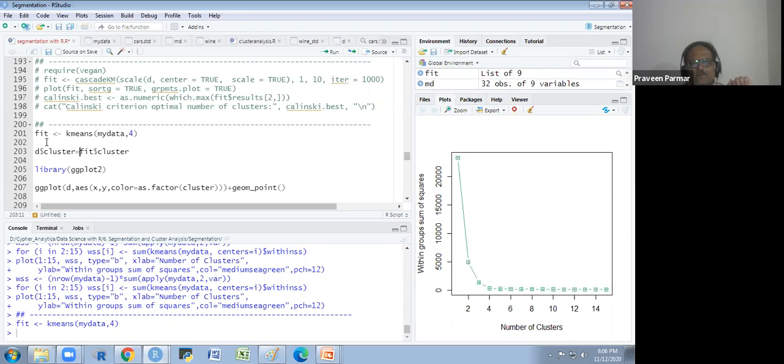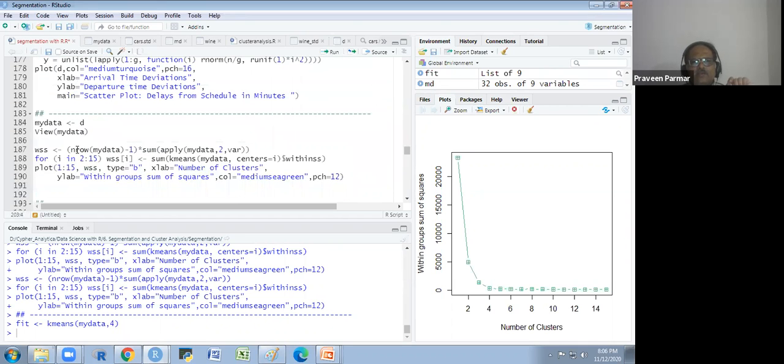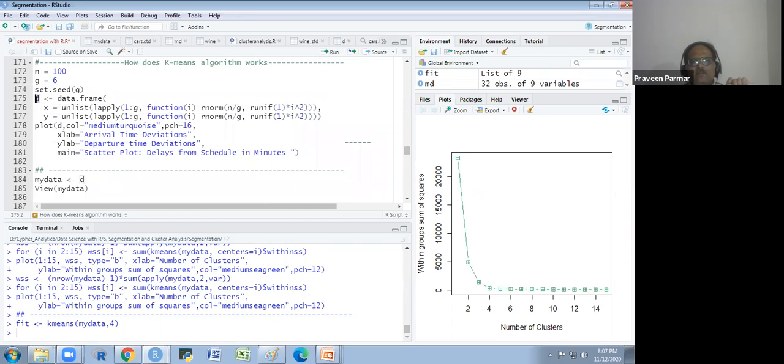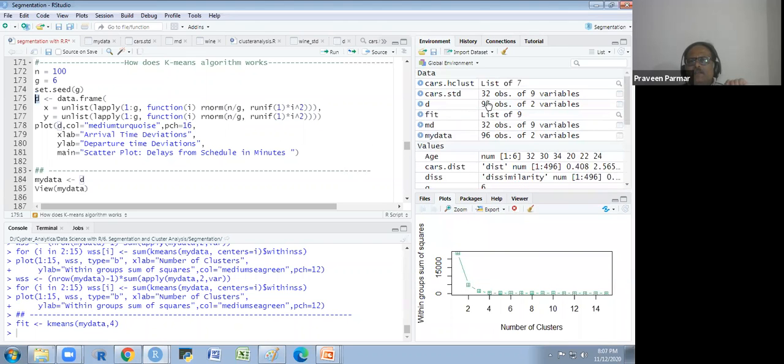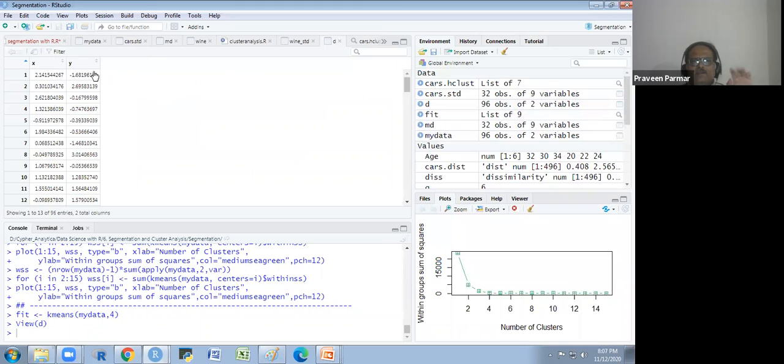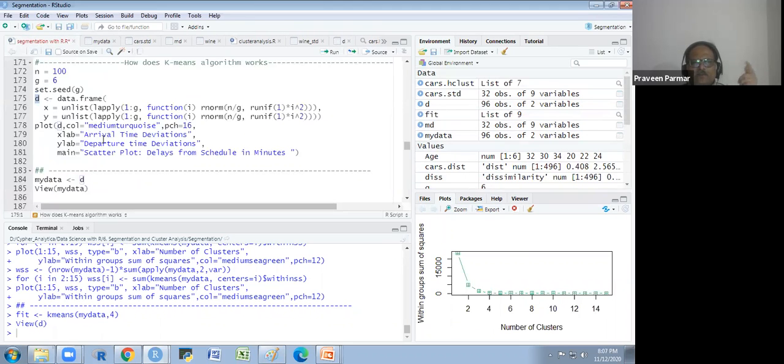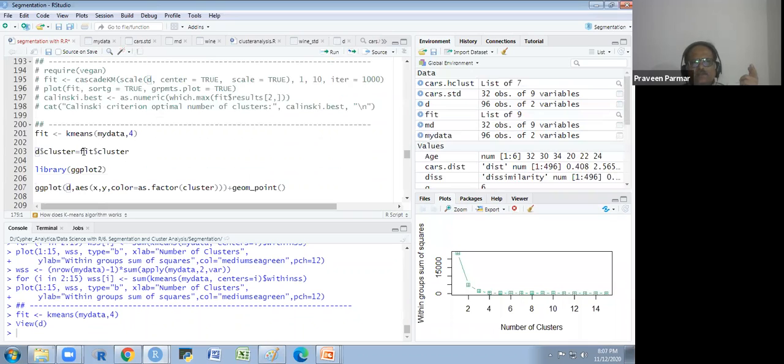fit. If you see the fit names, in the fit there are so many arguments, and the one attribute we are taking is the cluster from there, and I'm writing that $D cluster. So $D cluster, why am I writing it? Because D is my data set, and here I am adding that new column. If you see the D, I will show you. Where is that D? This is my D. There are the 2 variables. Now I am adding one more variable there. That is a cluster. So I will show you that also.